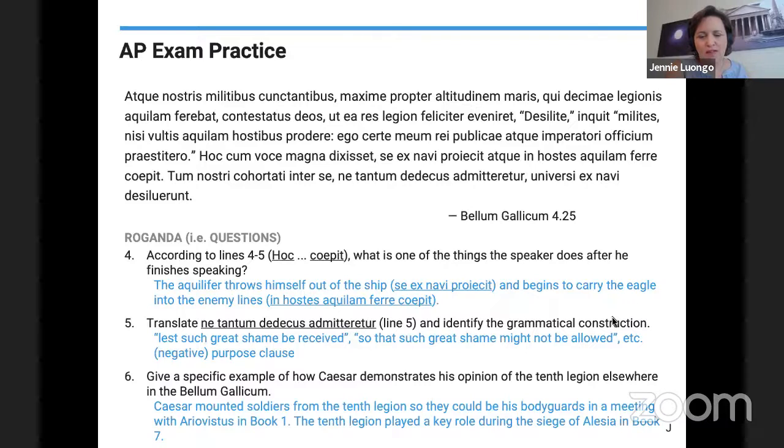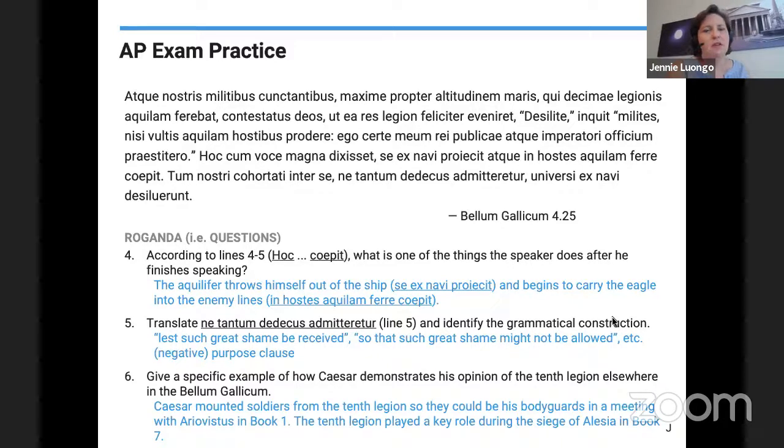So that such a great shame might not be allowed, something like that. This is a negative purpose clause. So we've told you that if you see a nay, that's definitely something you should think about. And then finally, give a specific example of how Caesar demonstrates his opinion of the 10th legion elsewhere in the